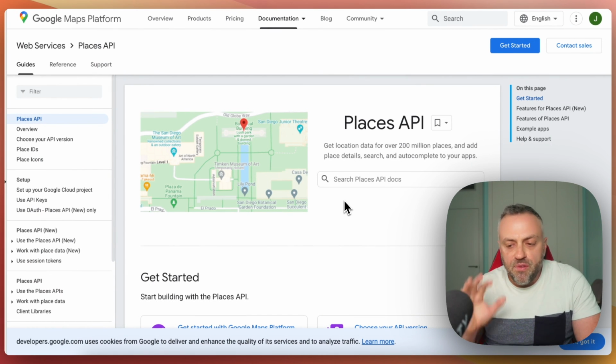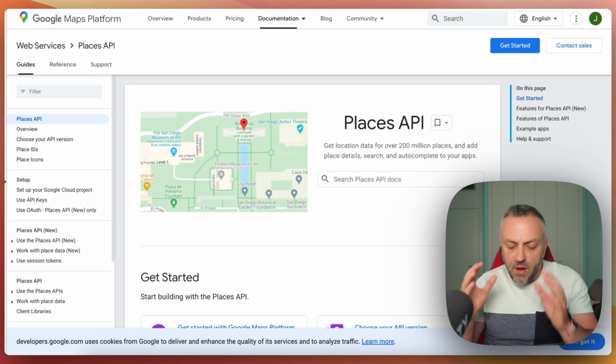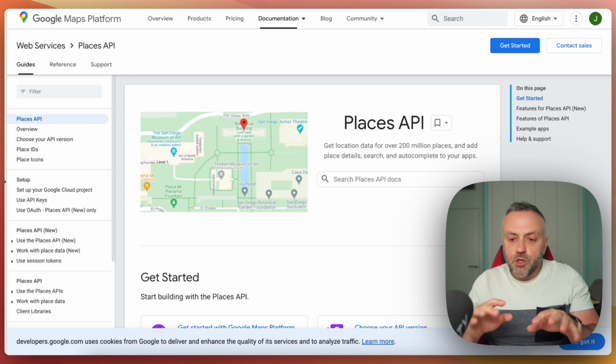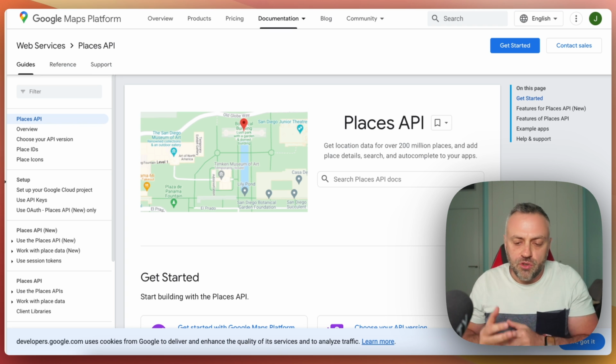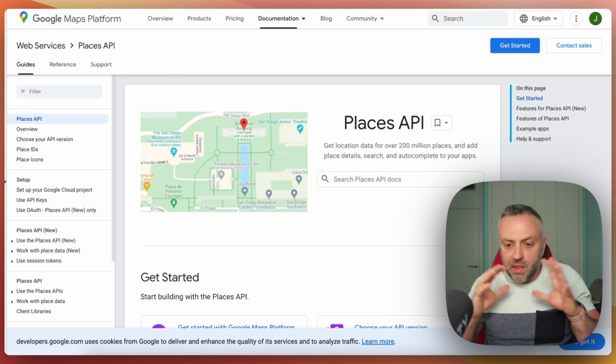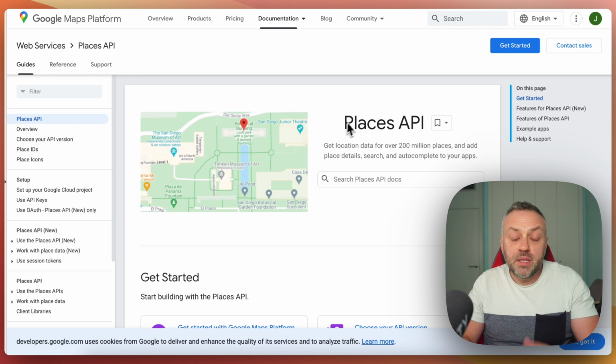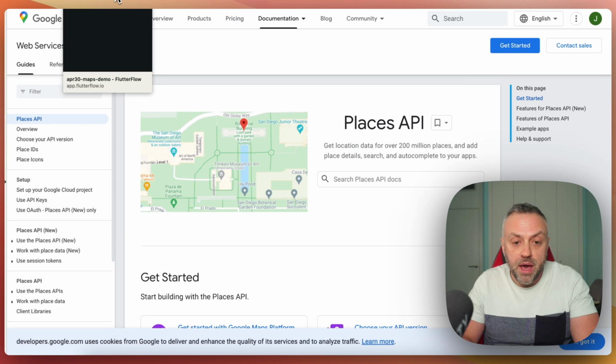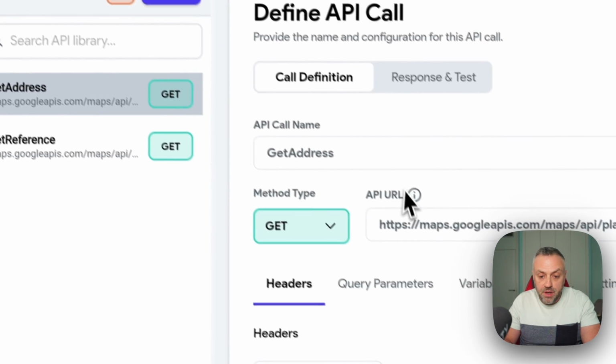And this is a very, very powerful API because it allows you to find an actual place just by typing it. Because a place is a lot more complex than just typing it, right? You have the city, you have the state, you have the street, you also have the coordinates, you have lots and lots of information. And this API helps you get there. And so if we jump back to our app builder here,